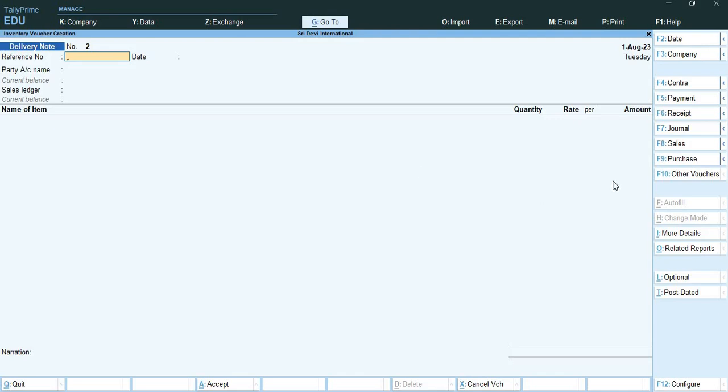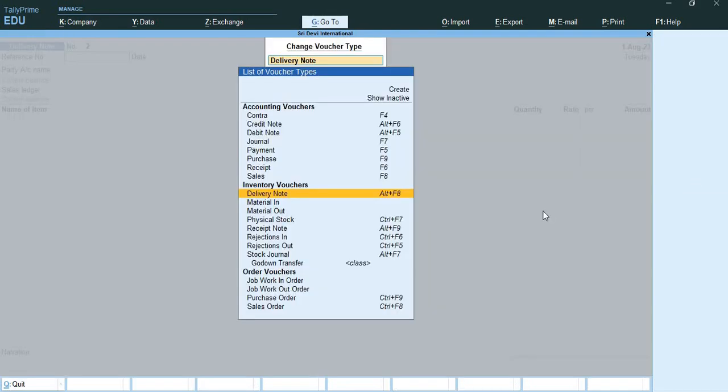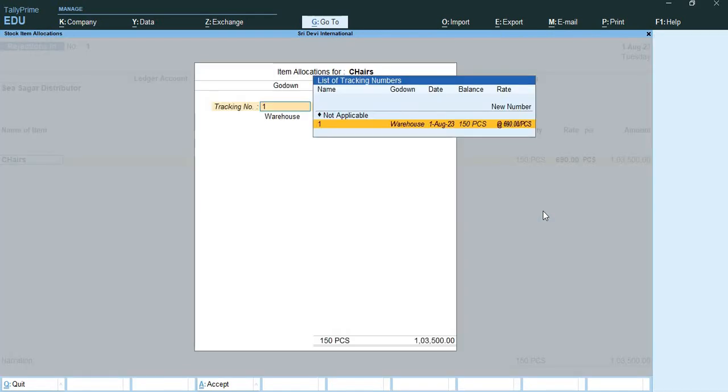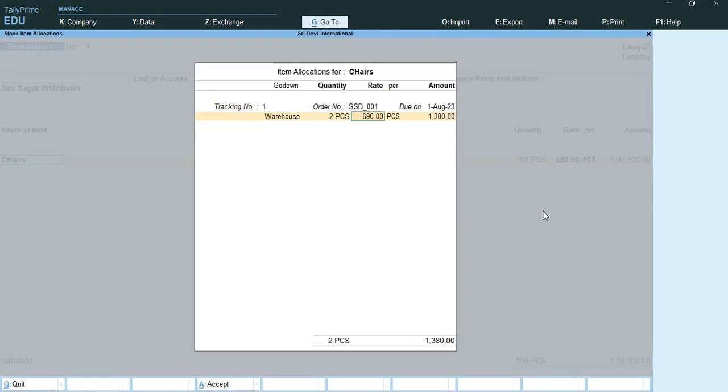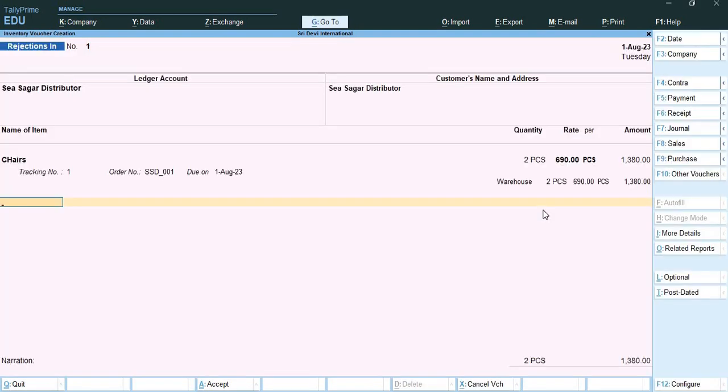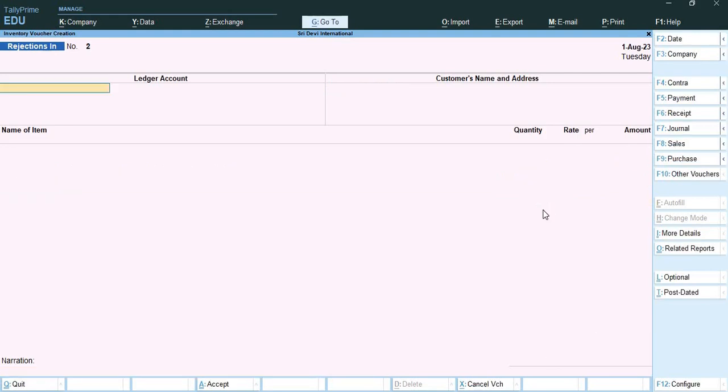So for this we will go to F10 vouchers, and from here we will go to rejection in voucher. Here I'll add C Sagar distributor and will add chairs, 2 pieces at the rate 690, and you can see that I have returned the 2 pieces now. Alright, now the next question is,